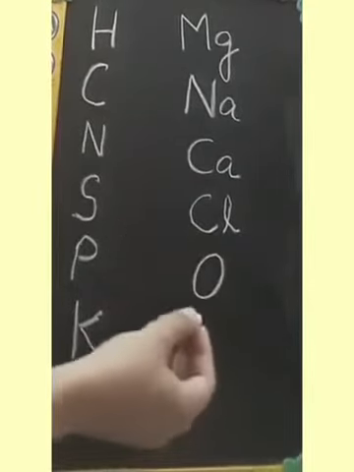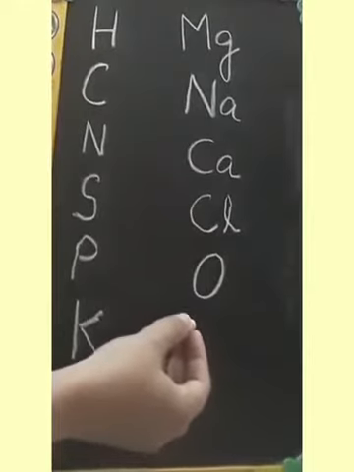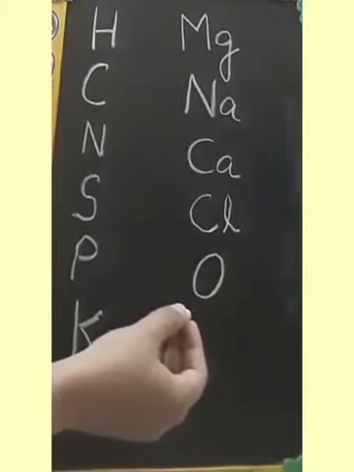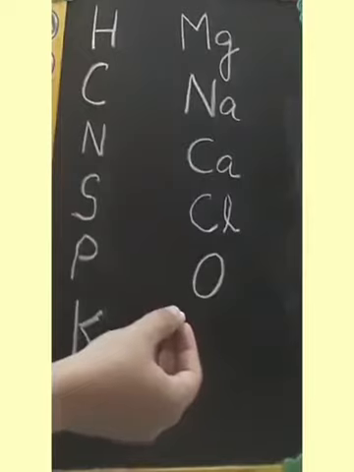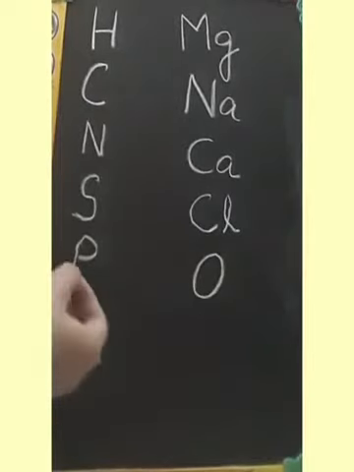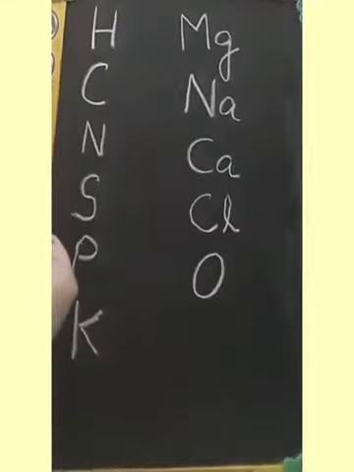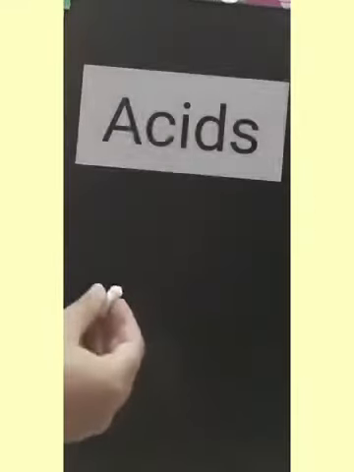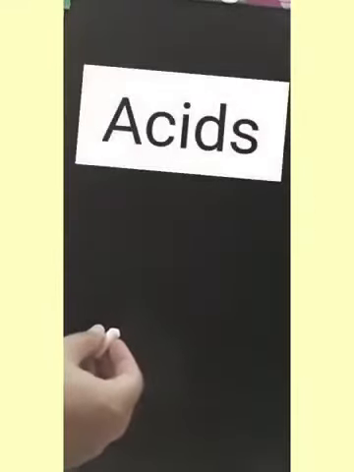Now when we are writing a chemical equation, we need to write the symbol of an acid and a base. So if you know these symbols of the elements, then you can easily write the symbol of a base or an acid. So now after knowing the symbols for some common elements, you need to memorize some symbols of the commonly used acids. Like this is the symbol for your hydrochloric acid.